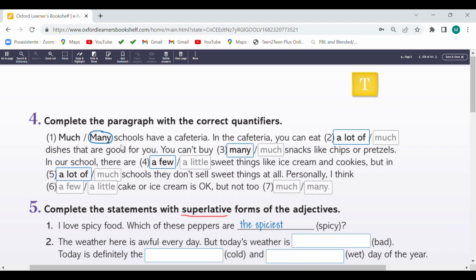Personally, I think a little cake or ice cream is okay, but not too much. Estamos hablando de algo incontable, entonces es much, porque va not.